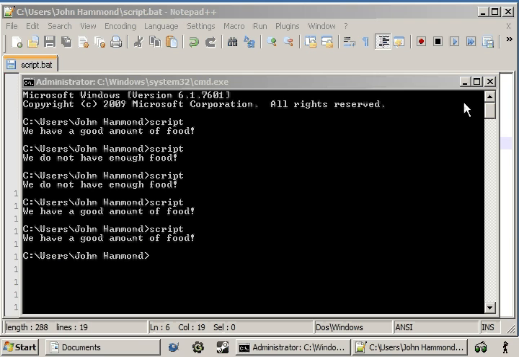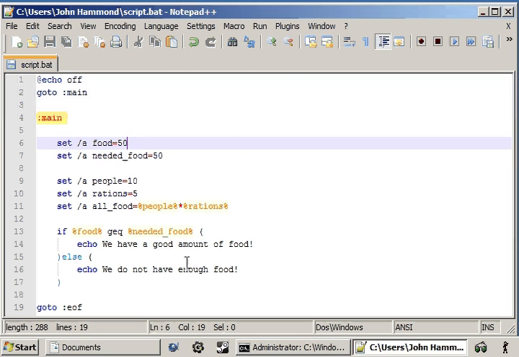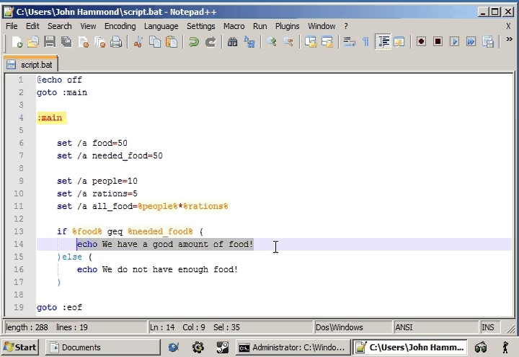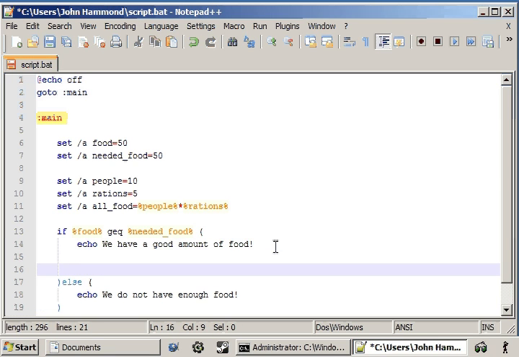Let's switch back to our Notepad++ text editor here. And when we have a decent amount of food, we want to be able to test for more information. We want to be able to examine our little problem here a little bit more in depth, because we have the right amount of food so far, but we need to see if we have a good amount of food for the people. So we can test if all food, which is the amount that we would normally be consuming, is less than or equal to, because if we have a good amount of food, we can still feed them. The food that we have,